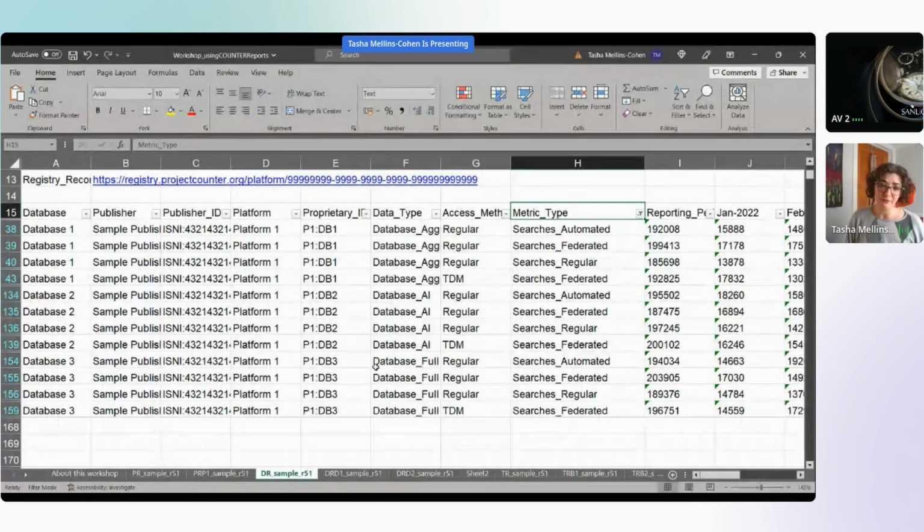Searches federated are offsite searches. So if you've got a library database or a library portal and your user is searching from your library portal, that would count as searches federated. All the searches have